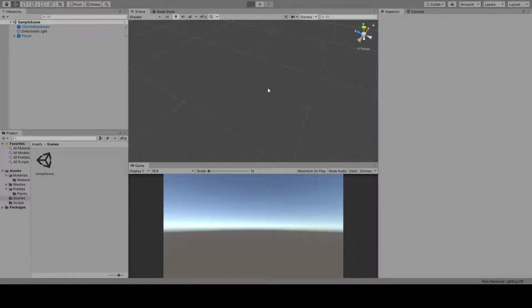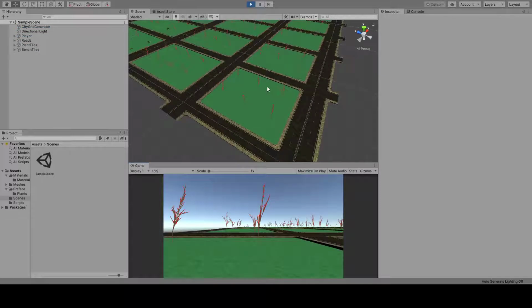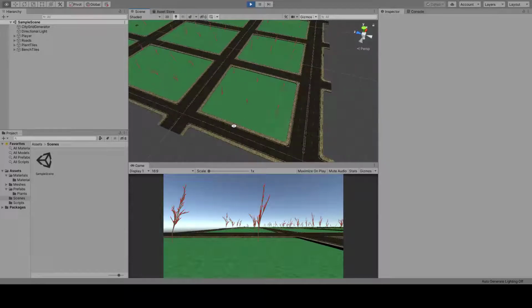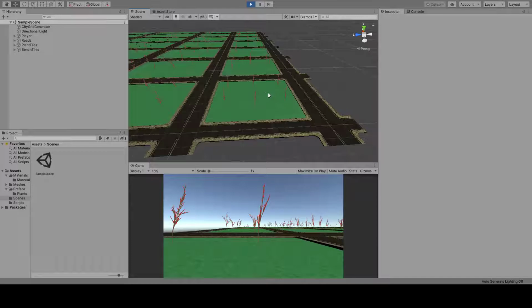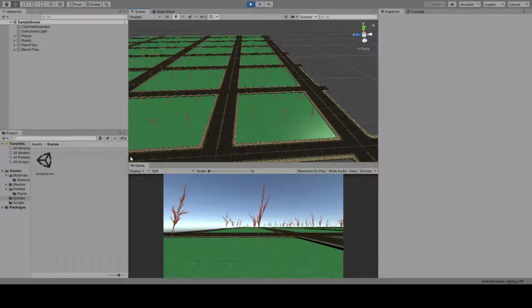I'm gonna hit play here and it's gonna take a moment to generate. I think this could be optimized, but it works for now. And you'll see that we have a grammar-based road system here. So this actually, I should probably pull up,